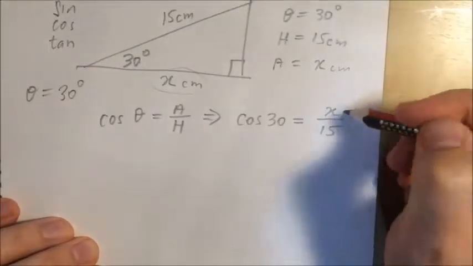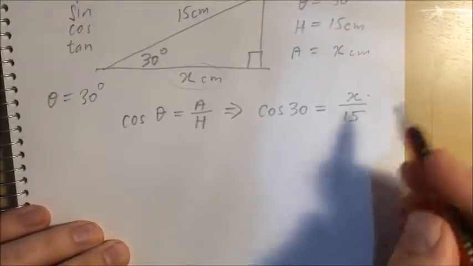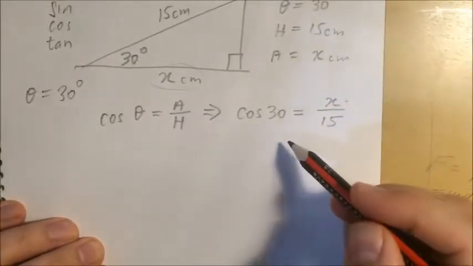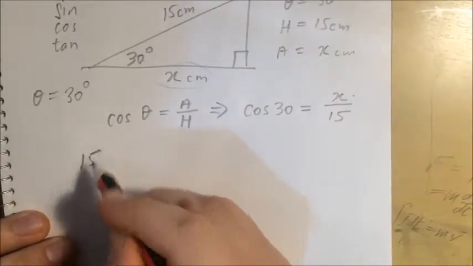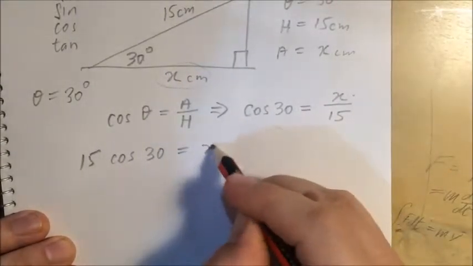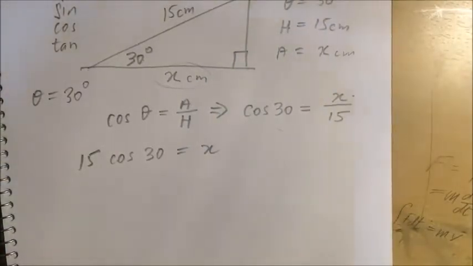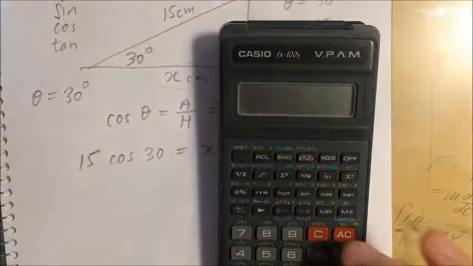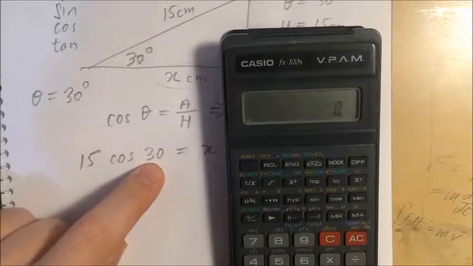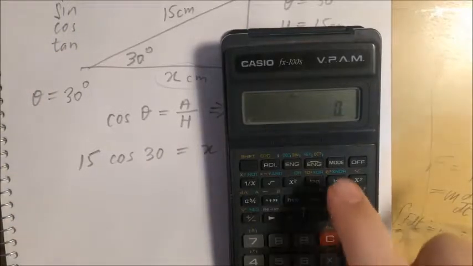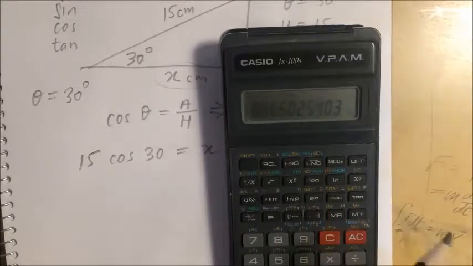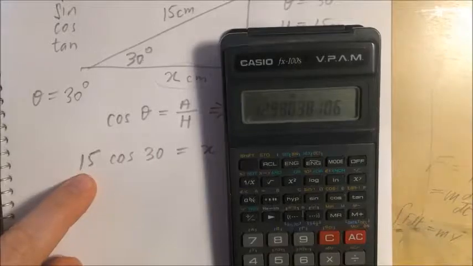Now we want x to be on its own, so we move the 15 over to this side, or we can multiply both sides by 15. So we have 15 cos 30 equals x. Now, a bit of calculator here. Make sure you've got it in degrees, because this is in degrees. The cosine of 30 is this value, times it by 15, which is this,